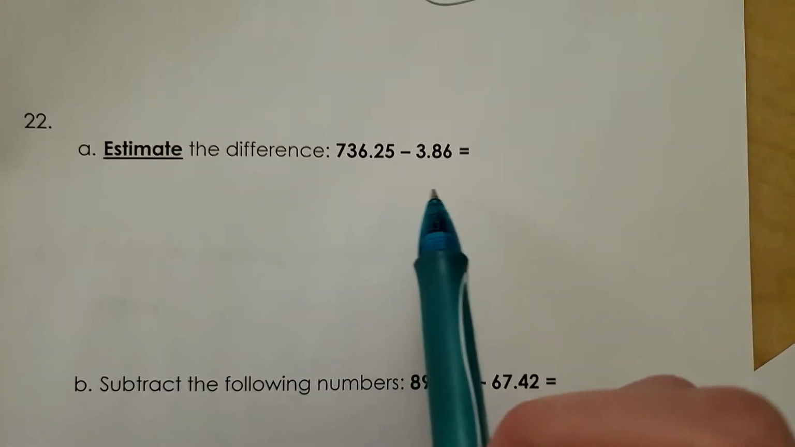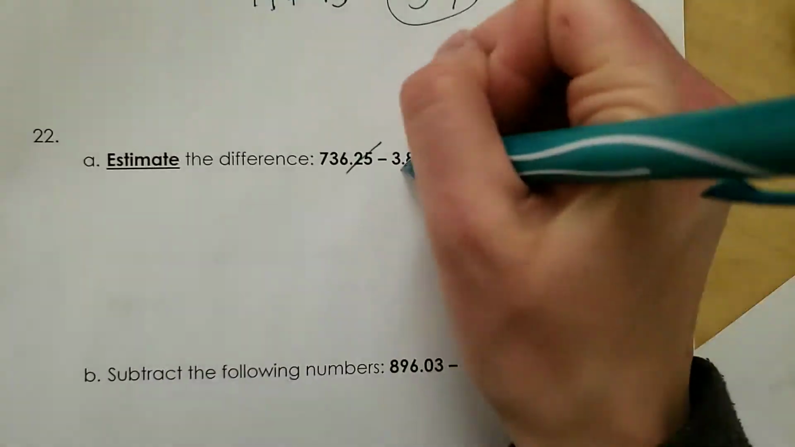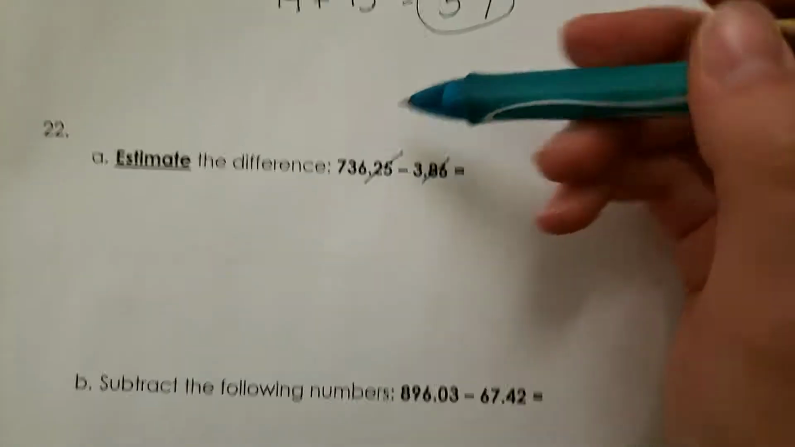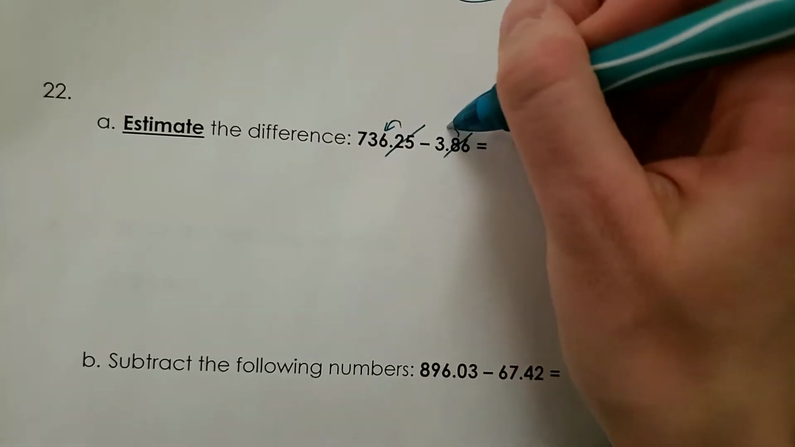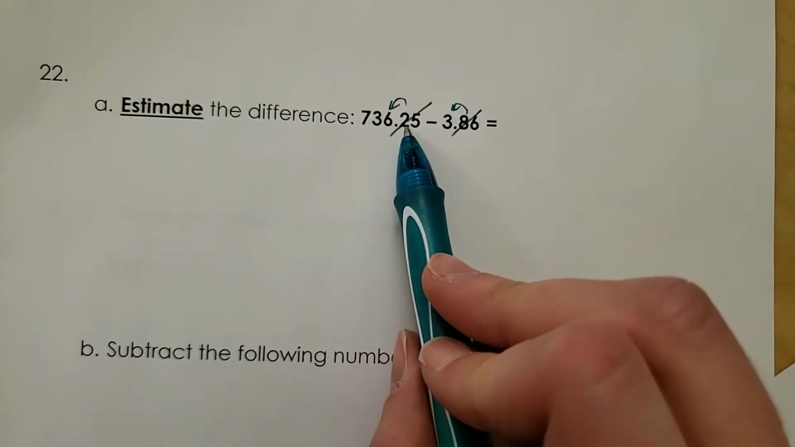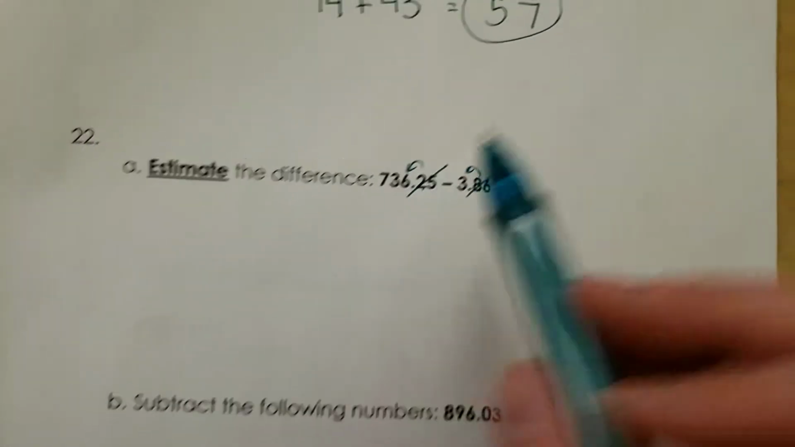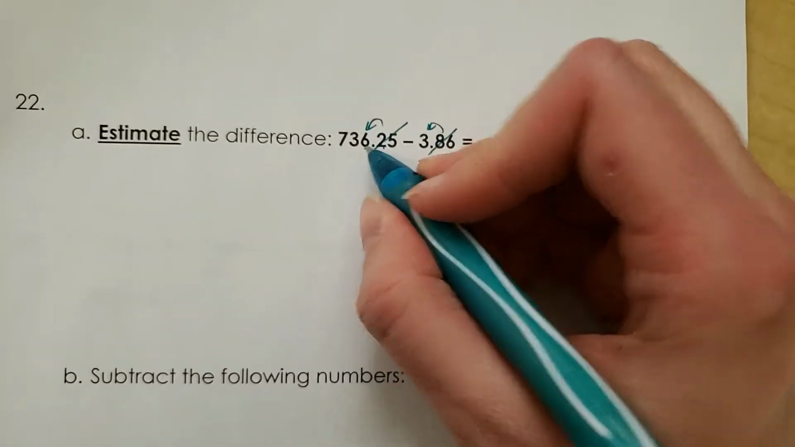And then estimate the difference. So same thing. We're getting rid of the decimals. And we're just checking to see if we have to bump it up or not. So this one we do not, because 2 is less than 5. It's 4 or less, so that lets the 6 rest. So it's